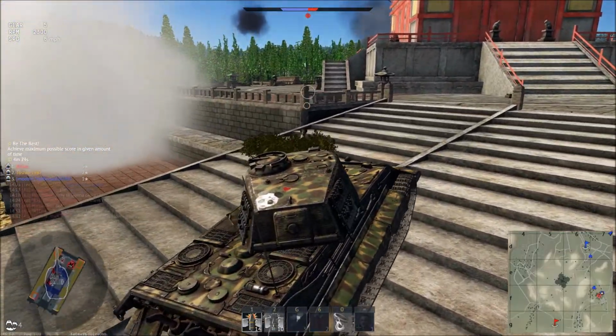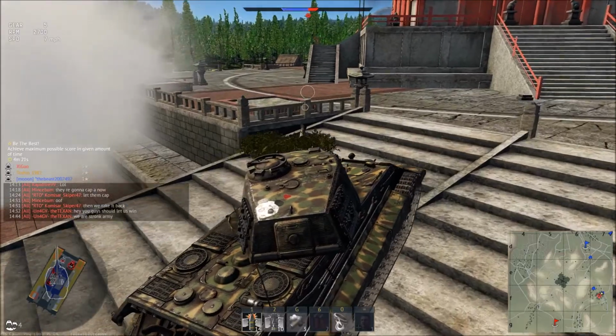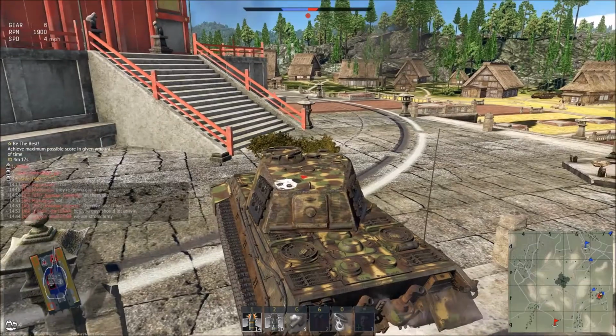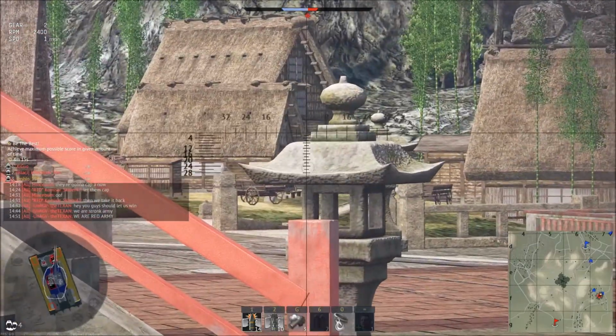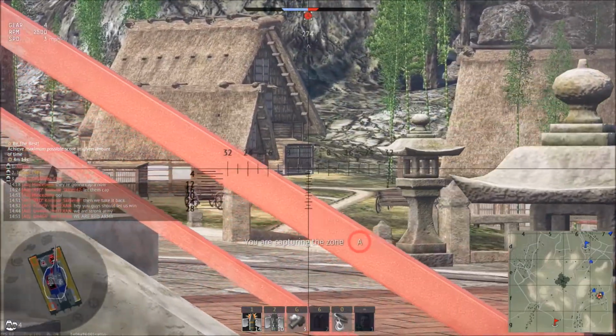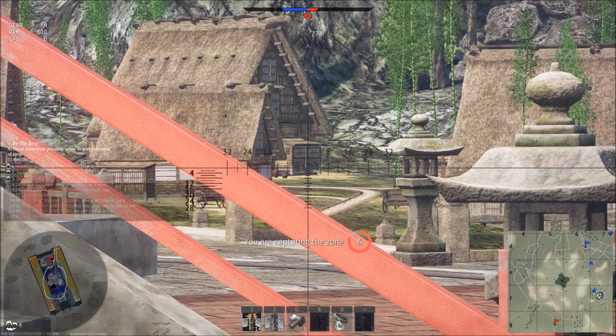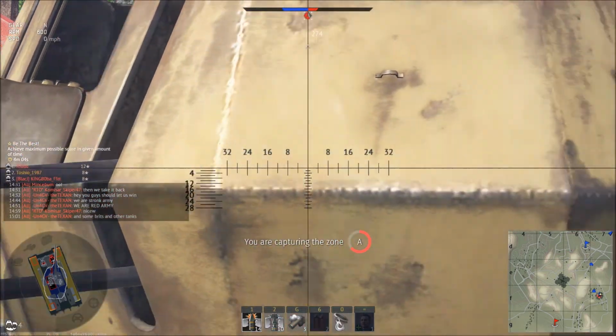And there's not a lot of team support, so I'm smoking up the area to try and limit the enemy's avenues of attack. I'm not going to smoke up the entire cap point, and I just saw somebody pop behind that house, so my senses are up. I'm waiting for them to come around that corner. And